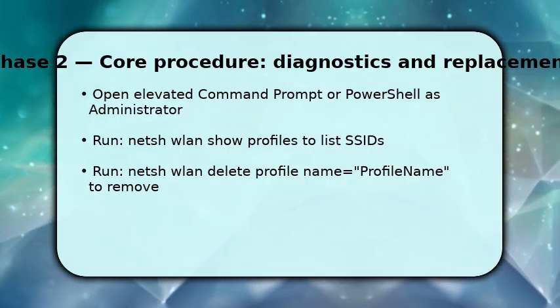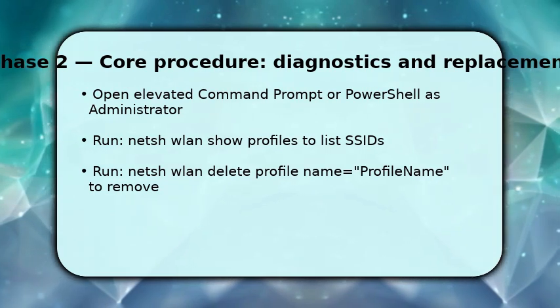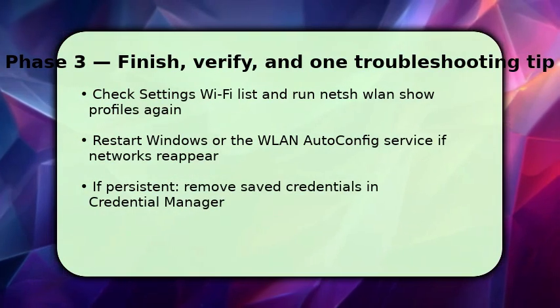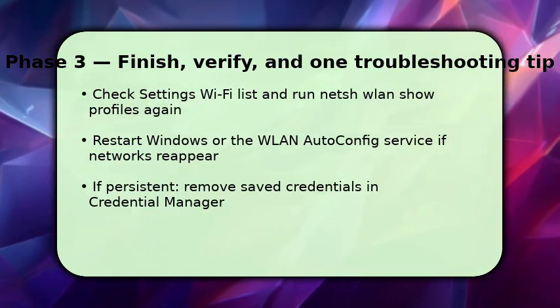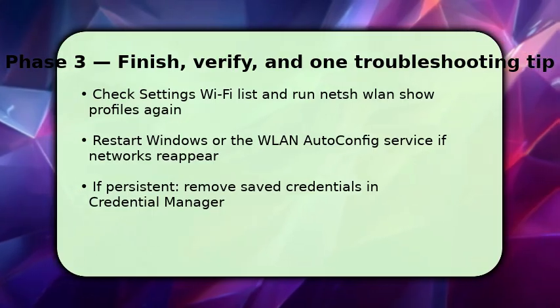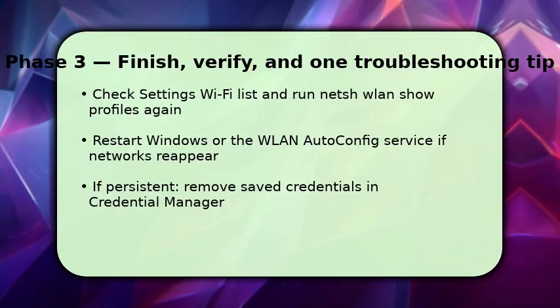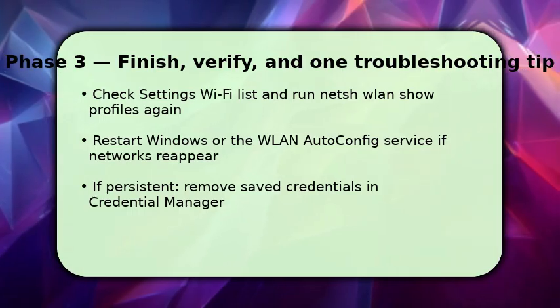This removes stored keys and settings from the wireless subsystem, so even background services stop. You finish by verifying removal and addressing stubborn cases. First, confirm in settings that the SSID is gone and run netsh wlan show profiles again to ensure no profiles remain. If the network reappears, restart your PC or restart the WLAN AutoConfig service to clear